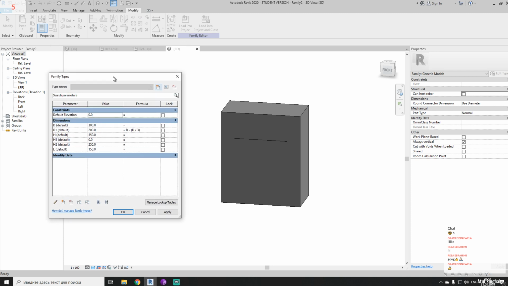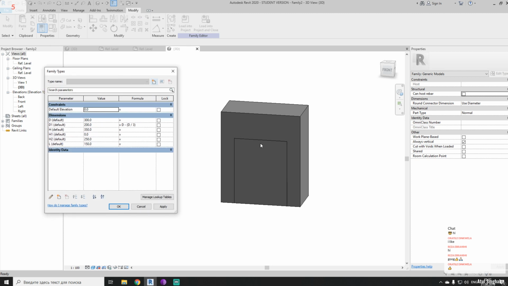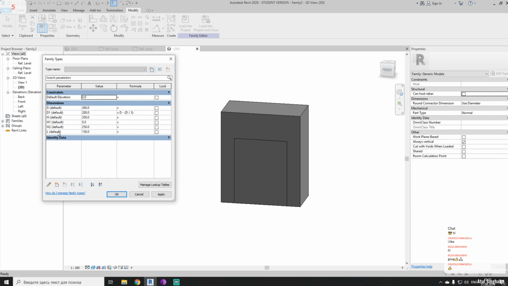Let's go to properties, and here we have H1, here we have H2, right? And let's calculate. Here my H1. So as I said, my H1 is D, so distance. Where is my... Oh, not D, H, sorry. H divided by 3. Done. We get distance. And my H2 will be equal to H. Oh, don't forget about uppercase and lowercase, because for Revit it's different. So, and we get